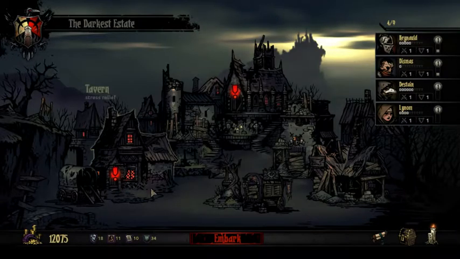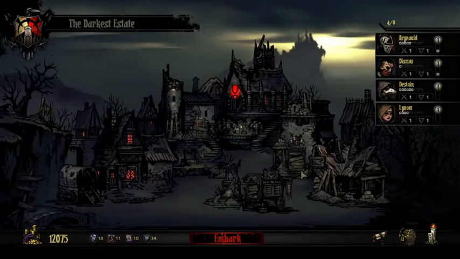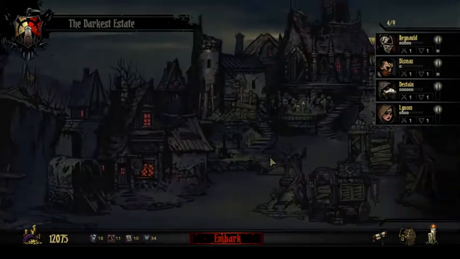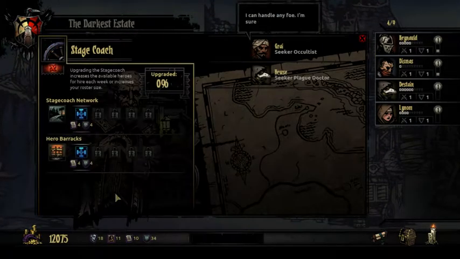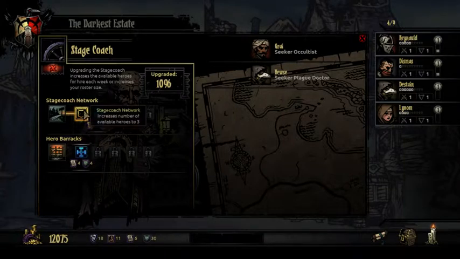So now I'll go over buildings and what they do. I like those 2. I'm gonna go over upgrades as well. You can upgrade your buildings using heirlooms. Those things I collected before are under here. You use those to upgrade your buildings. So this upgrade over here will, instead of bringing 2 every week, start bringing 3. You should probably do that actually